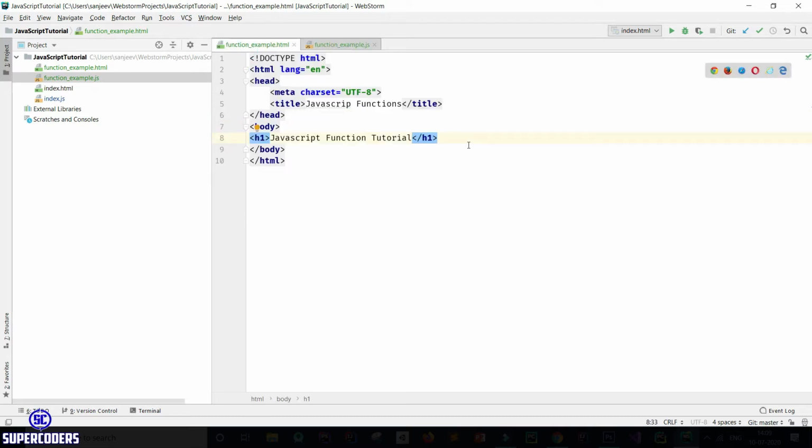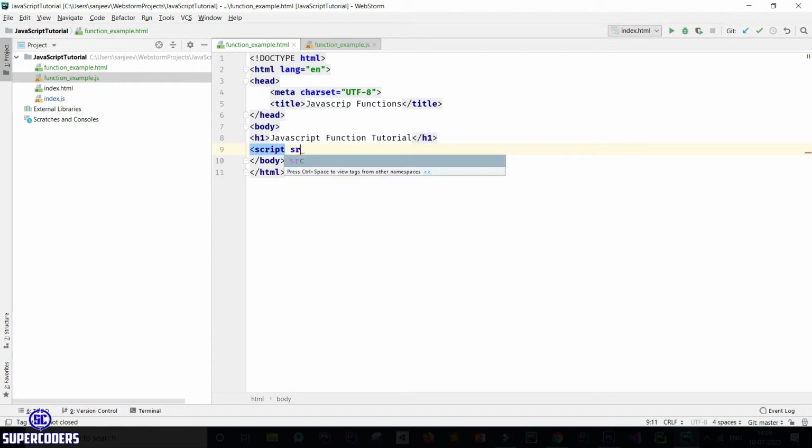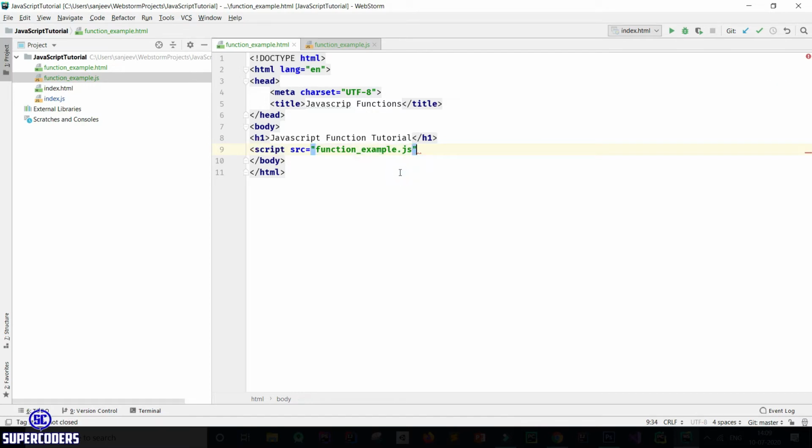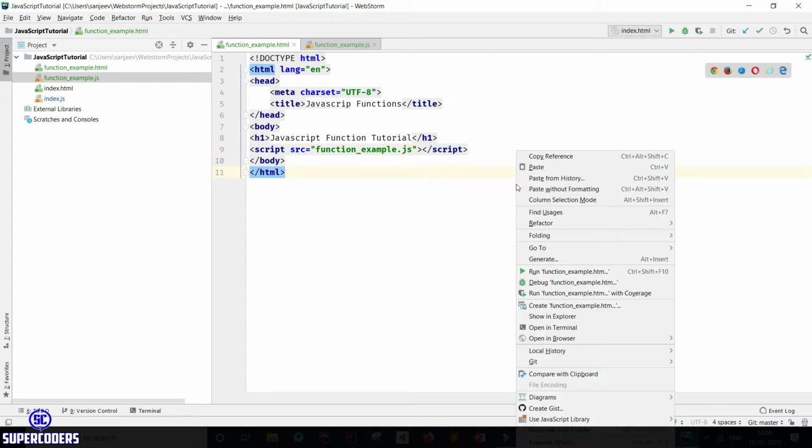Now let's run my project. Before running my project, let's link the function example.js file here. So adding script src function example.js, then close this script tag. Now right click here, then click on run function example.html.